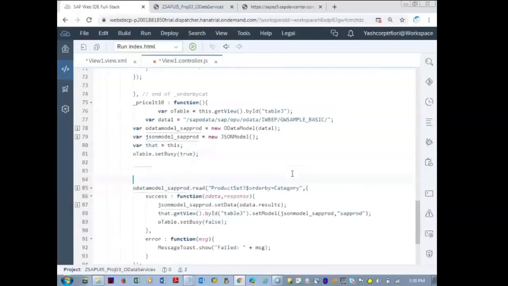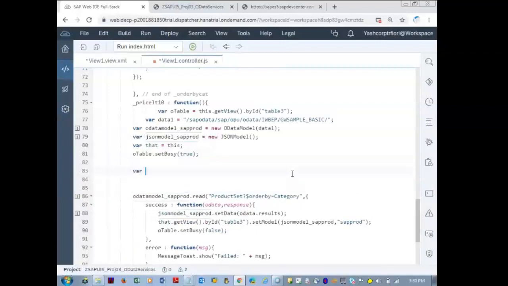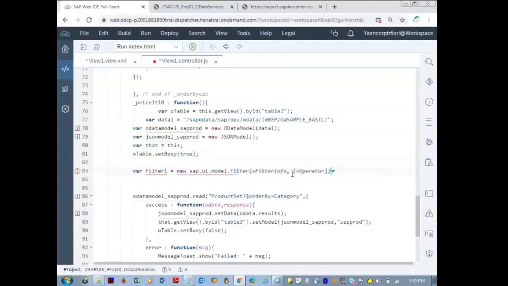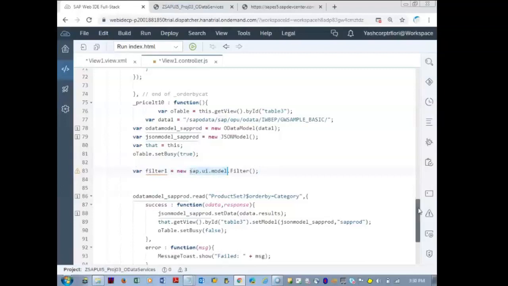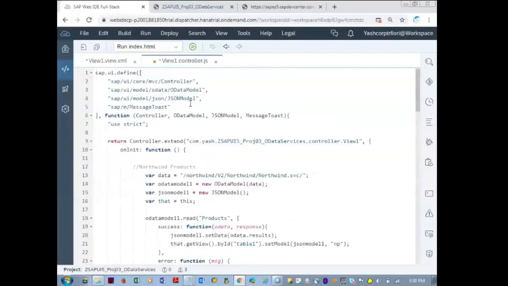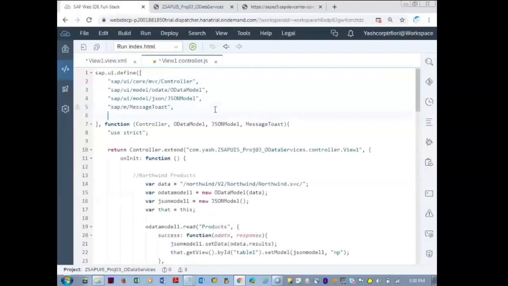Okay. Now let us have a filter here where filter1 is equal to new sap.ui.model.filter. So let us move the namespace to the top of the controller, sap.ui.model.filter.